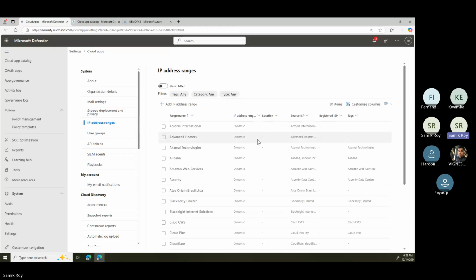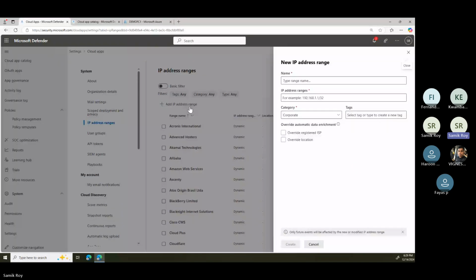If I look at it, I would see by default there is a good lot of IP ranges which are added as allowed IP ranges and things like that. And there are cases, dynamic. If you want to add IP ranges, for example, this can be used later also in the policy implementation. But for example, if I want to say